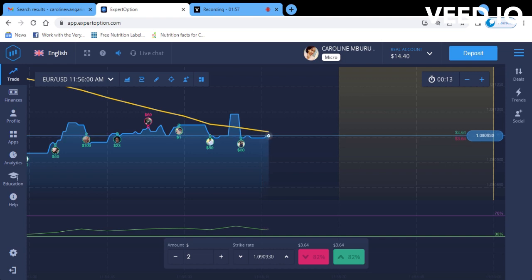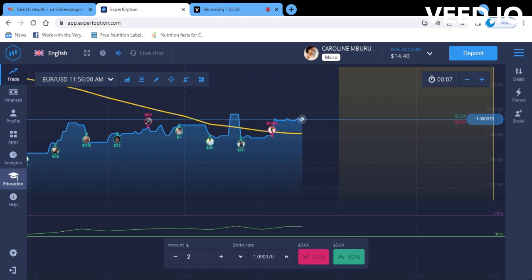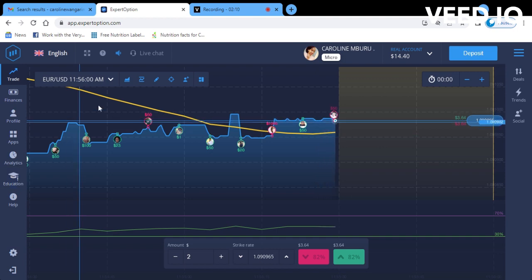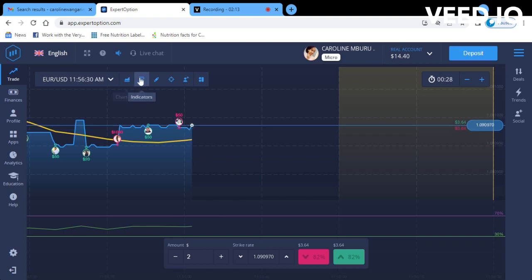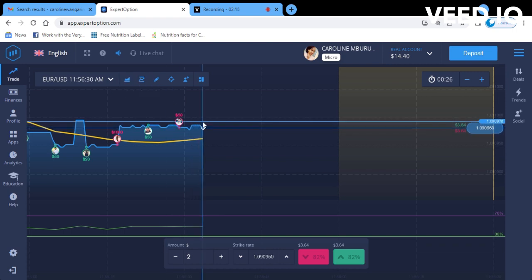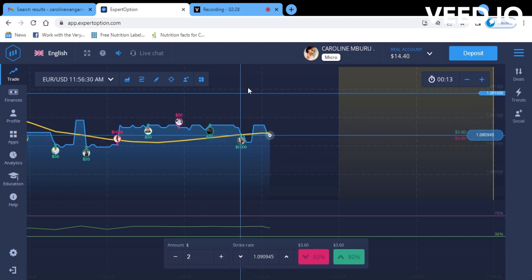Another thing about Expert Option is, you can see here to the left they have the education tab, where they have tutorials for you to train before you create a real account. So go through their tutorials, go through their videos, understand what they mean by indicators, by graphs, by charts, by drawings. Understand the trends before you open an account. I did not just wake up and start trading here. This is something that I've been going through for like a month, trying to understand it, going through the tutorials. So I suggest you also do the same.